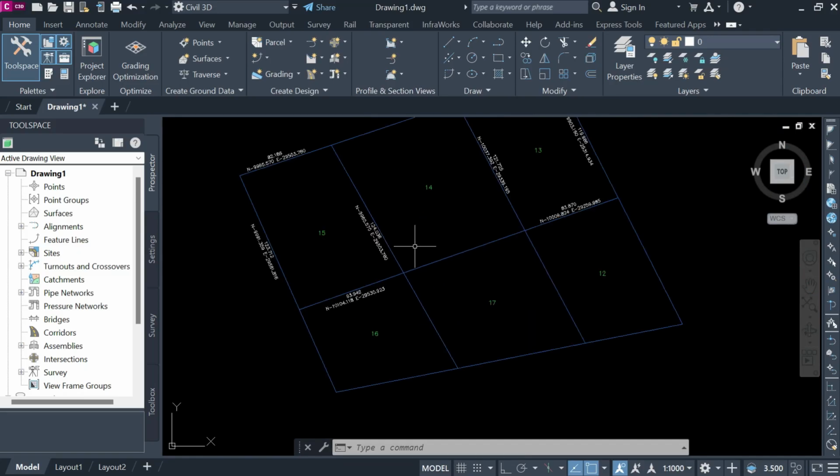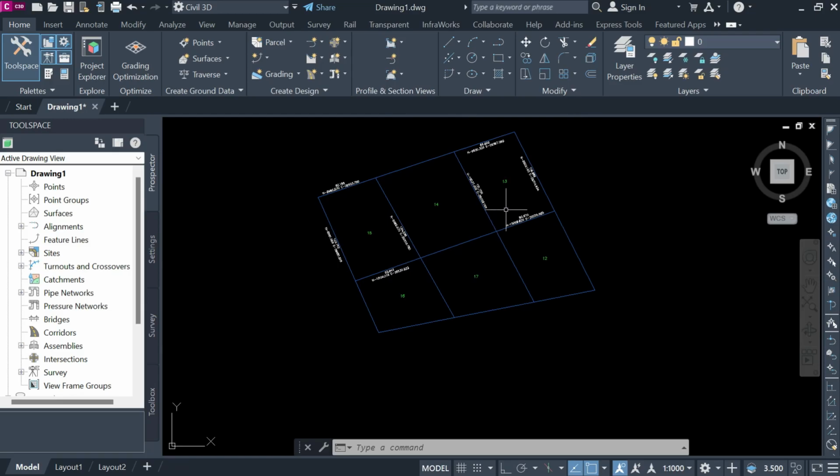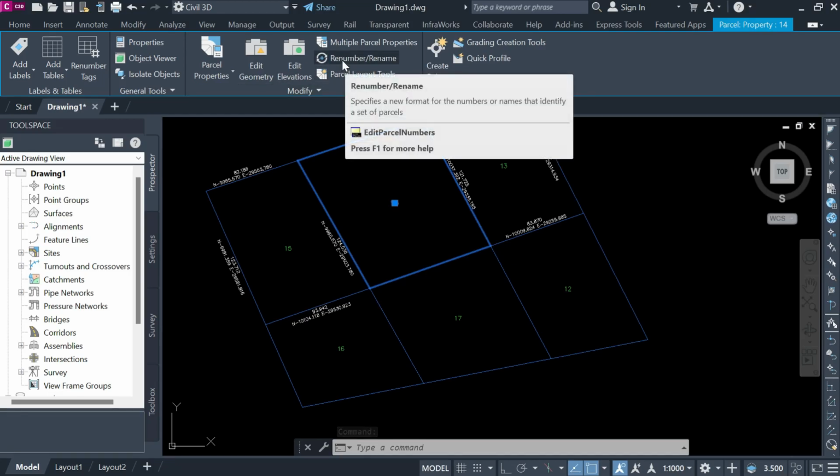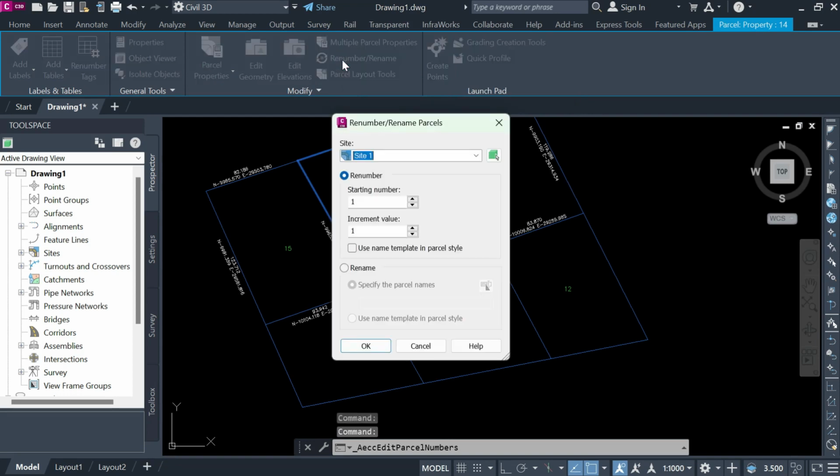Now we are going to make the numbers in series. See, it starts from 13. If you want to start from 100 or start from 1, you can. Just click once here and the option is here, renumber or rename. So we are going to click here, choose our site, and the starting number is 1, and use the name template or parcel template, like that you can do. Okay, and